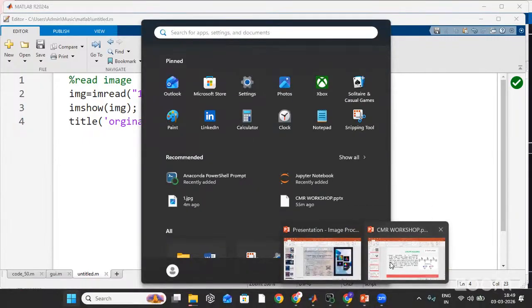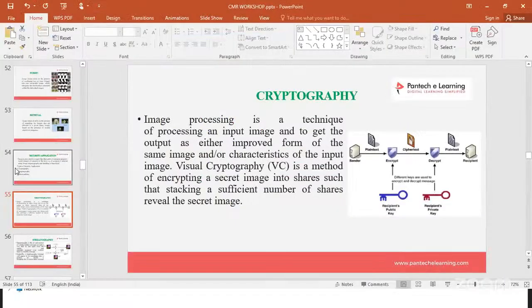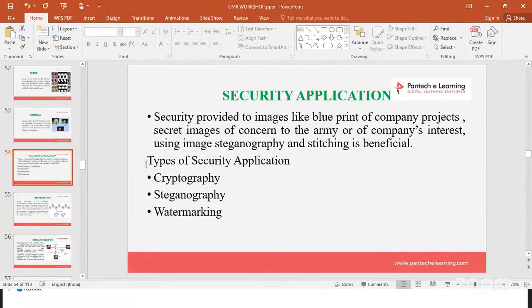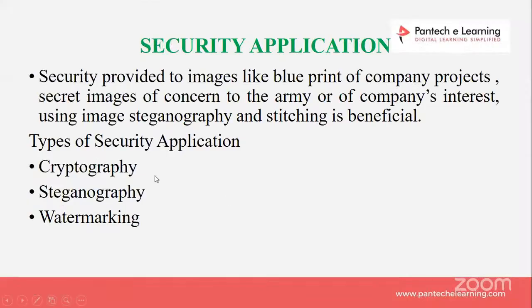Now we'll go through the security methods, security applications. Security applications means we have three applications: cryptography, steganography, and watermarking. Where do I need to use security methods? For example, the Indian government transfers some data to the Russian government. Okay, they transfer the data, but in between, another country may be able to hack our data.